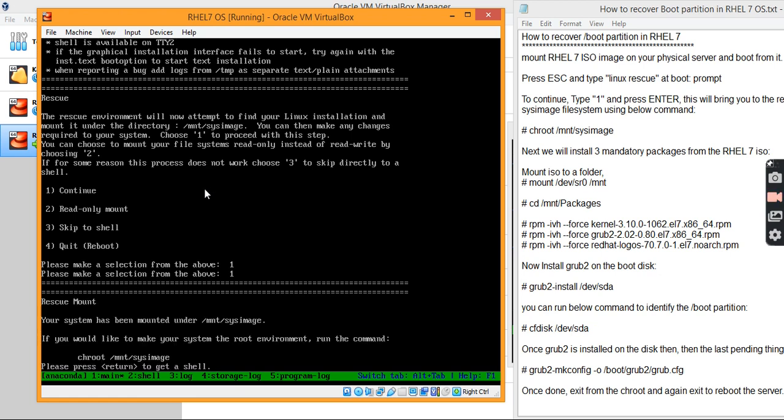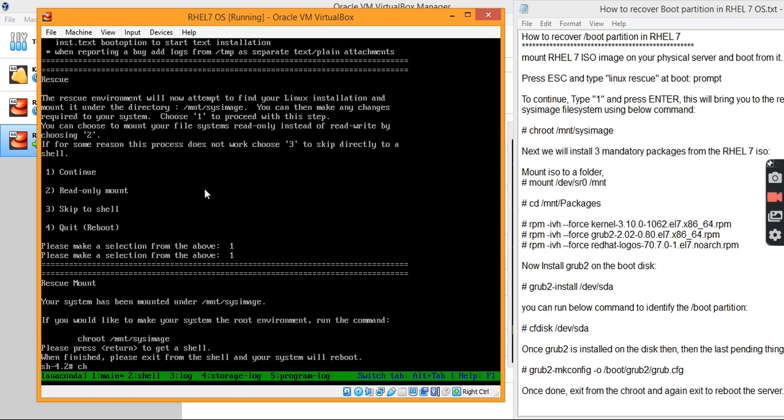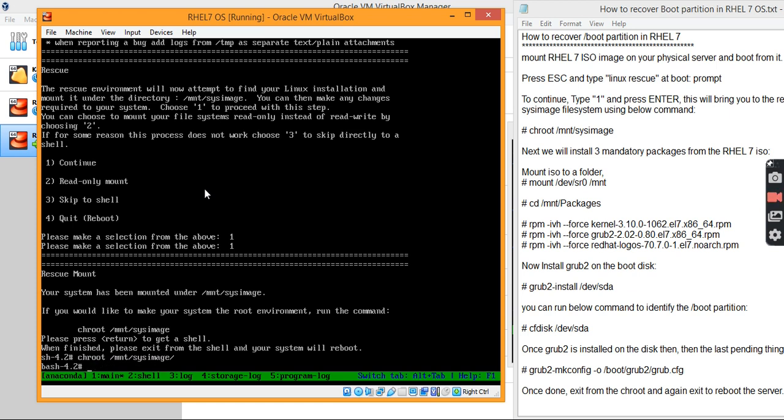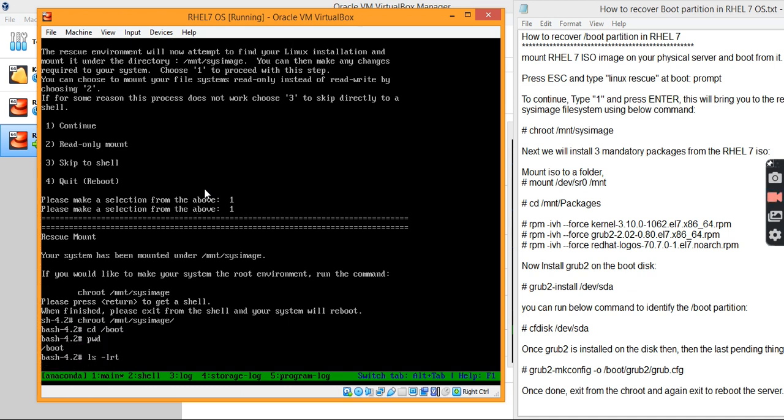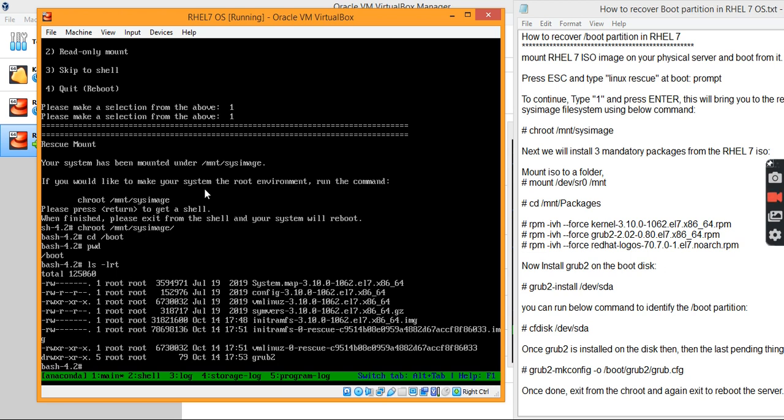You can see now you have to run this command. You can see all the files are available. Let's install.